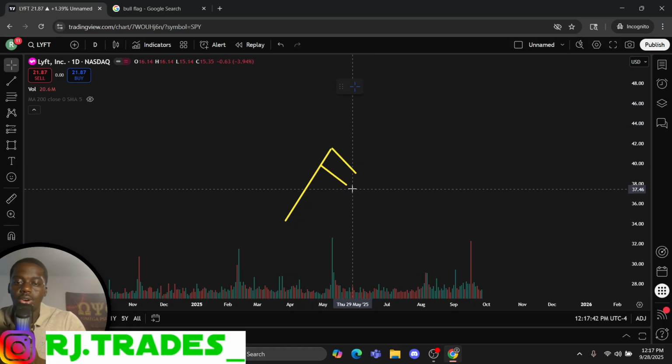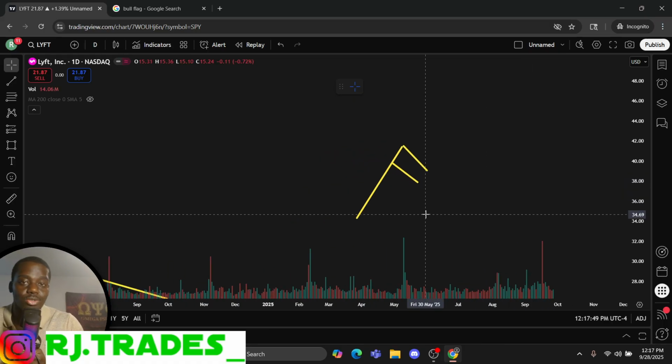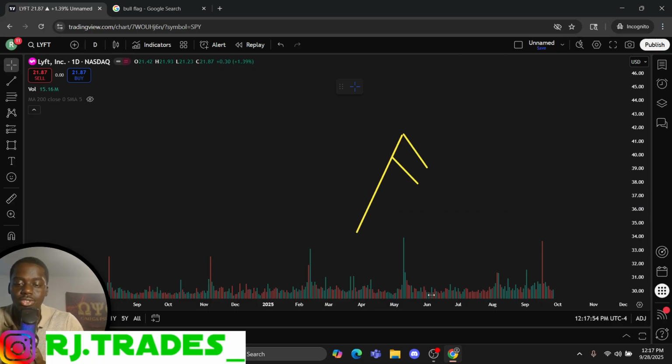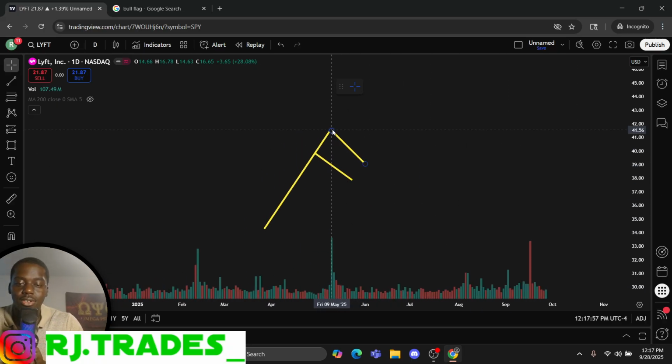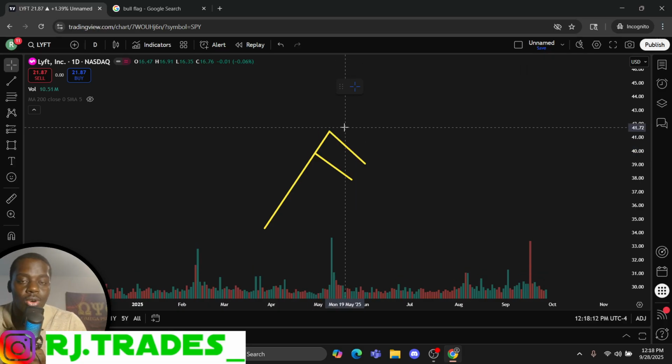Okay. So you may say, RJ, well, what is this? Like, what is this? The bull flag pattern is really a combination of trend lines. So that's the first one that you're showing. This is just a combination of trend lines. Okay. So understand that these two trend lines here are going diagonally to the downside, right? So both of these trend lines are going in the same direction, which is going to be important because, listen, it's going to be important because this one is going to be opposite way. All right. Both trend lines are going in the downward direction slightly. It doesn't need to be coming way back down.